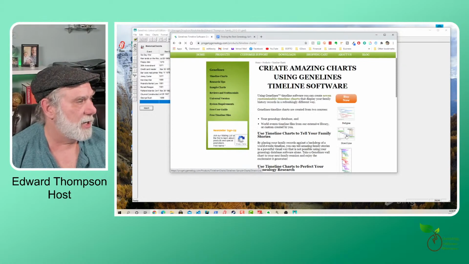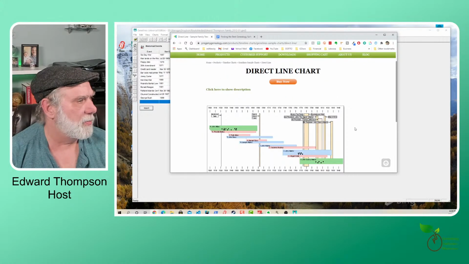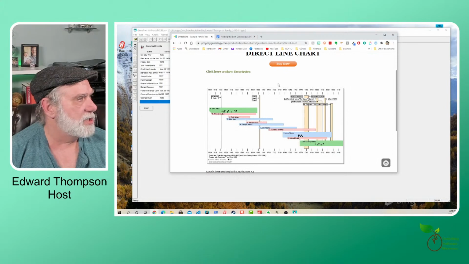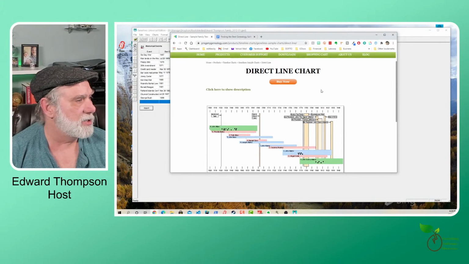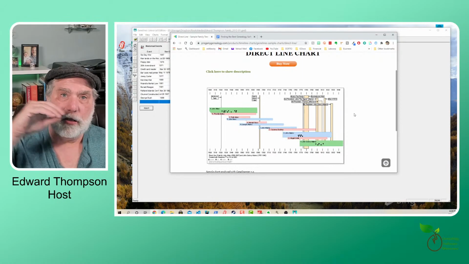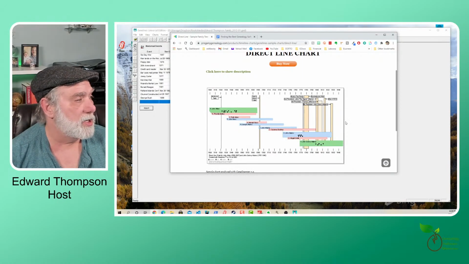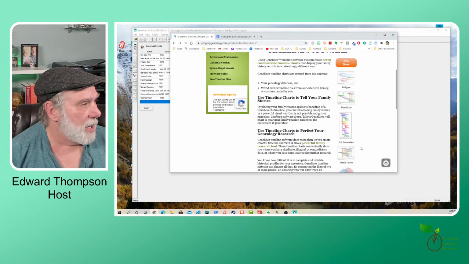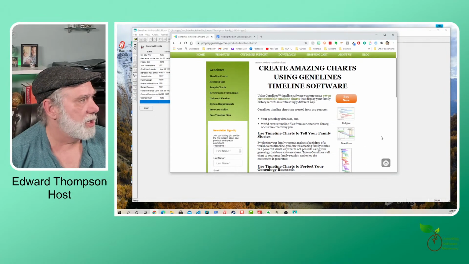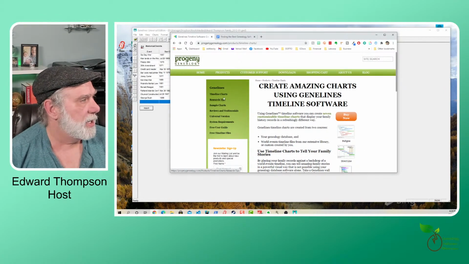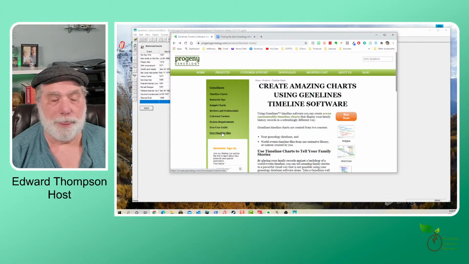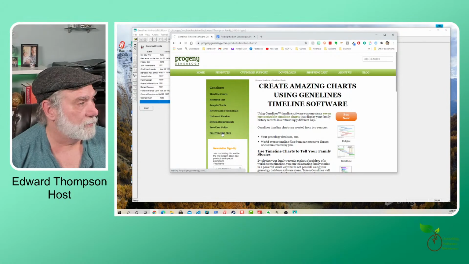And this is actually displaying a little bit better than popping it up in the program. Here is the same thing, a direct line chart for, you pick 2 relatives and get the direct line between them. And this one does put the historical context within it. And we'll try that one in just a moment. And then there are other charts here. But what I want to draw your attention to is, where was it? Free timeline files. And if I select that,